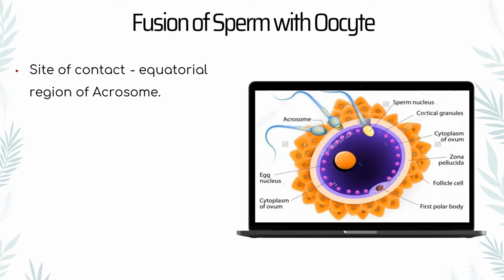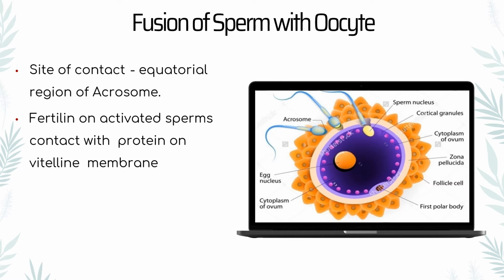The equatorial region of the acrosome is considered to be the site of initial contact between the sperm and the oocyte membrane, that is the vitelline membrane. Fertilin is a protein which is present on the acrosomal reacted sperm, which interacts with the protein which is present on the vitelline membrane, and within 30 minutes the membrane of the sperm and the oocyte fuse, and the